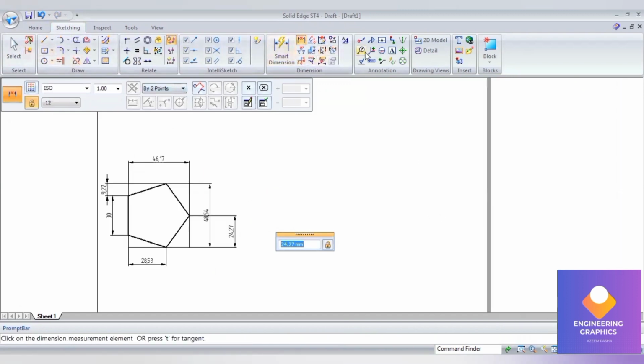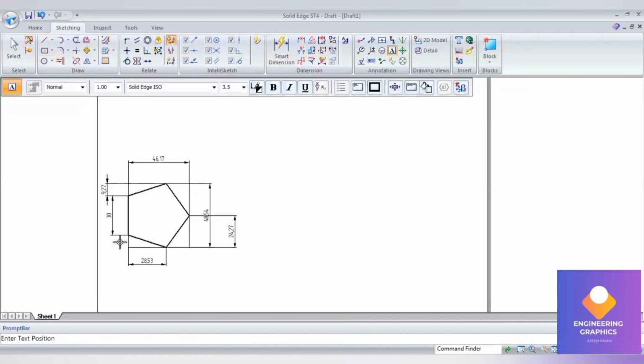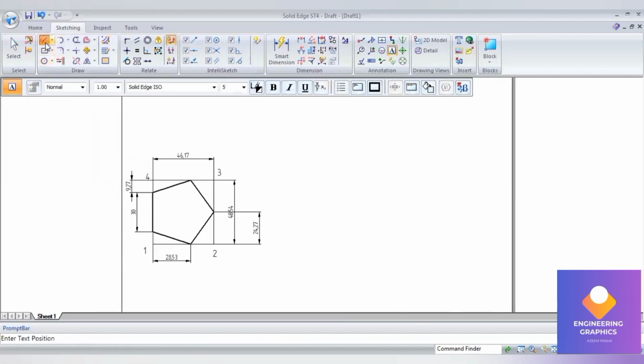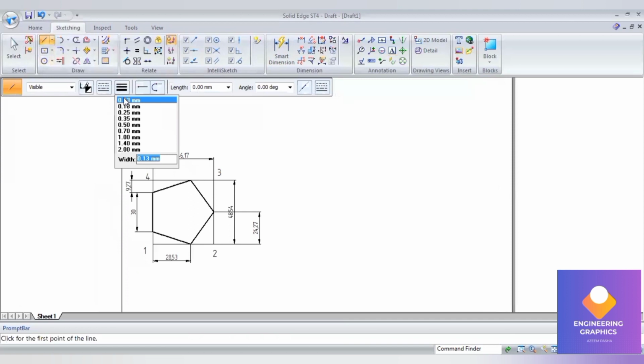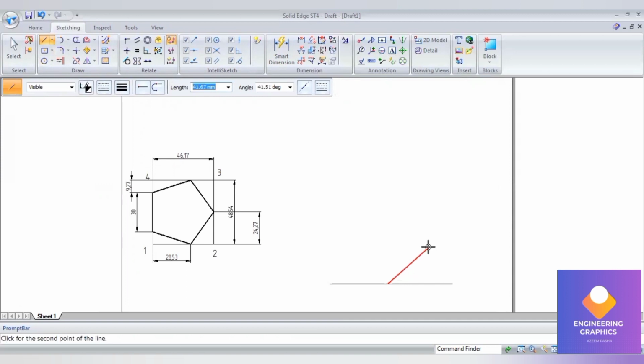For easier understanding, I'll be giving the naming for this box such as 1 2 3 4, so that it will be convenient for construction. So we can mention 1 2 3 4 for the box naming. So draw an XY line. Now you draw a reference line. Now using the box dimension, we can construct from 1 to 2, it is 46.17 and angle is 30 degree,